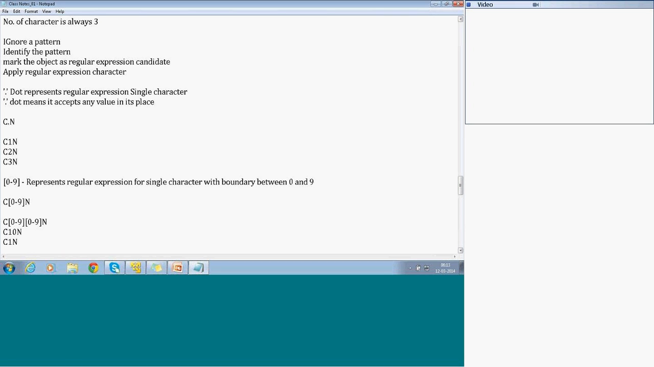If I want to do A to Z, what to do? Put square braces, A hyphen Z. If I want only specific characters to be mapped, A, B, C, only 3 characters are allowed. So like this we can manage